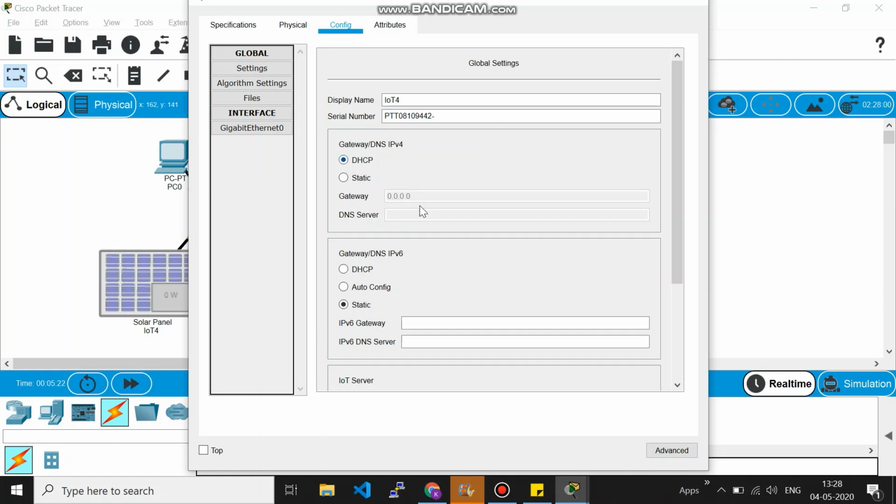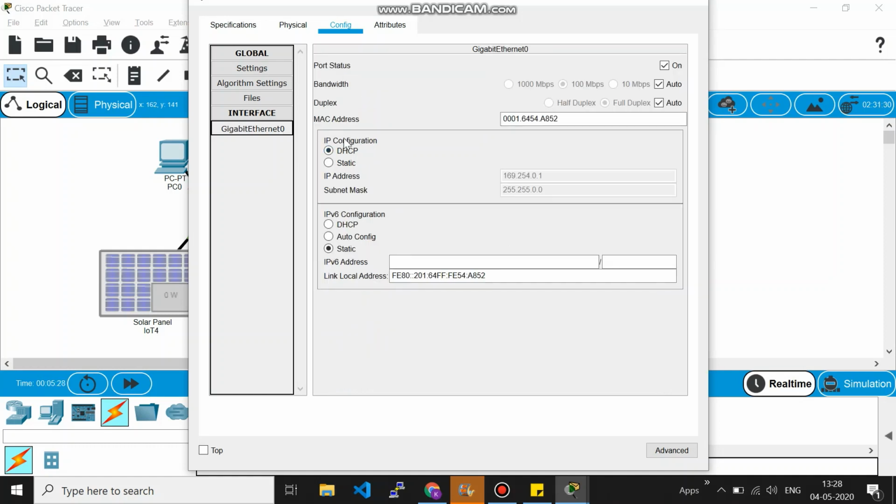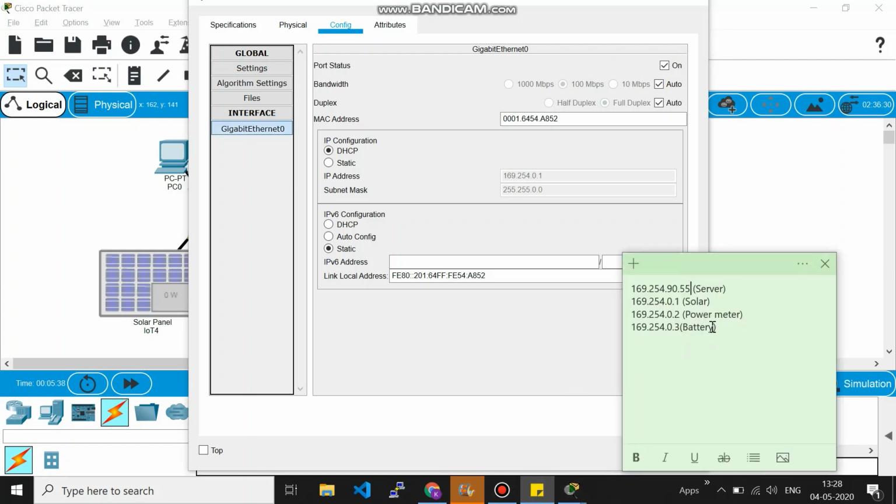So enable that. So the minute you give this DHCP, what you should note is, in the gigabit Ethernet 0, in the IP configuration, take care that it should be DHCP. So now this is the IP address. Again, note it down for solar panel. Solar panel, it is 169.254.0.1. Okay, and with this, the details about IP is done.